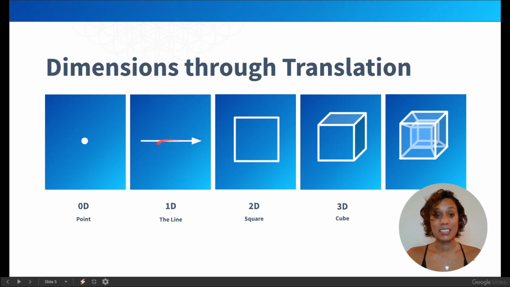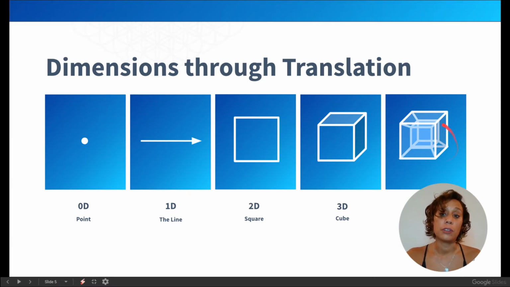And the line then can translate into another direction at 90 degrees, which makes a square, the first 2D shape. Everything is 90 degrees here. And then the whole square can take on another direction and move onto a z-axis and therefore creates a cube. Now, this is basic mathematics. So 0, 1D, 2D, and 3D. And when we think about 3D space, we always think about cubes. It's just the way we think. But this is obviously not it. There are other spaces, and I'm going to talk about this in a second.